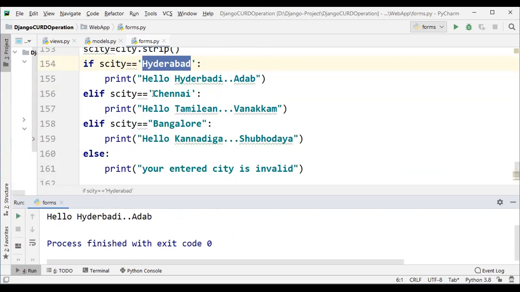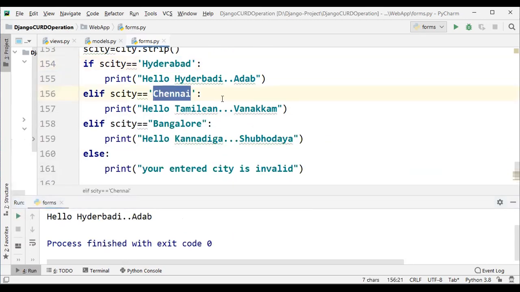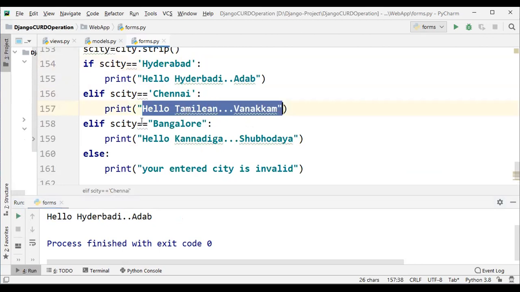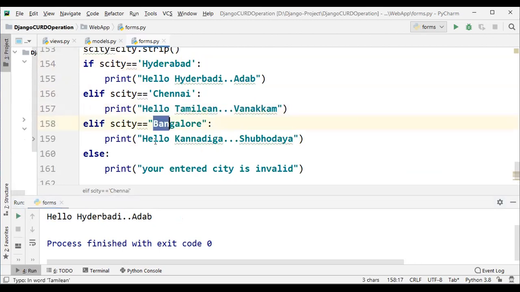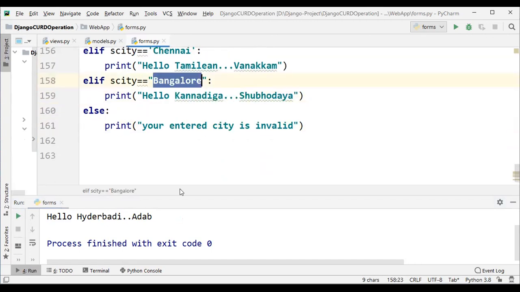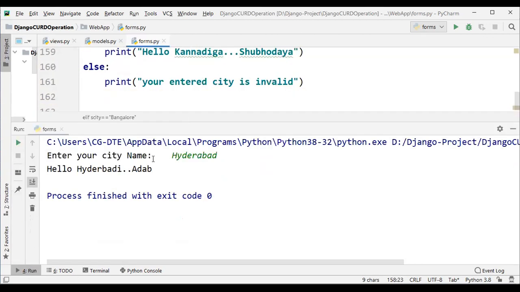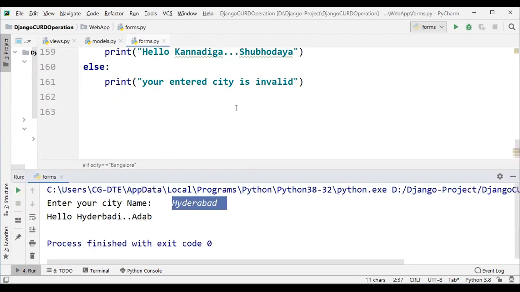If I say Chennai, same. Bangalore, same. These are the same results. If you want other cities, these are spaces between this and this. This removes them and prints your Hyderabadi adab. Got it?